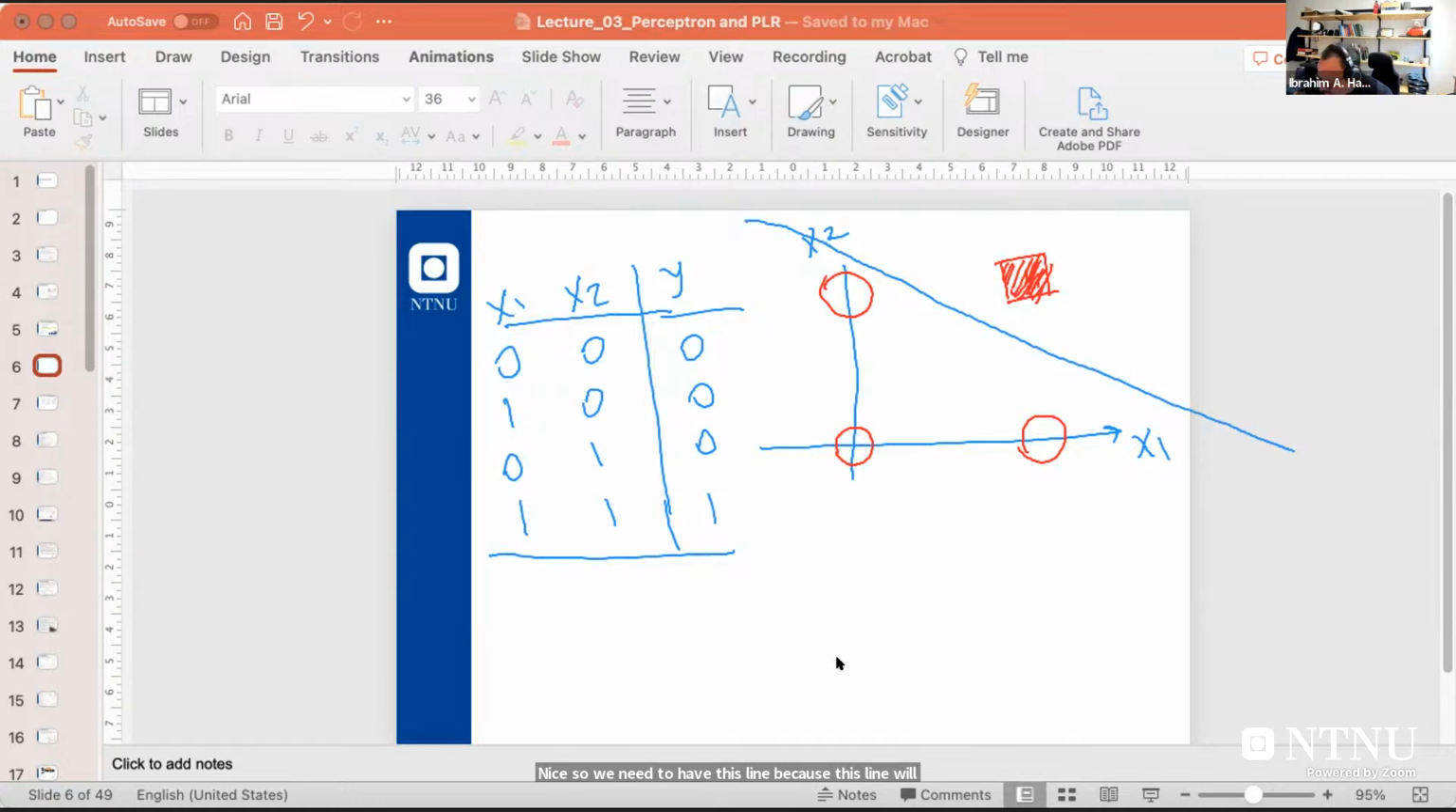All data points which are located above the line will be classified as squares, and all data points which are below the line will be classified as circles. So this is a perceptron. So I will draw the perceptron for you, and I will let you find the weights. So we will have this perceptron, and this perceptron